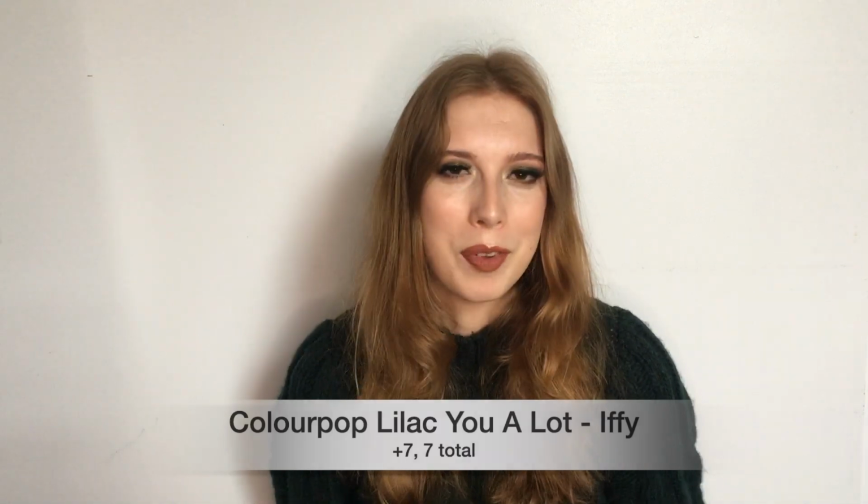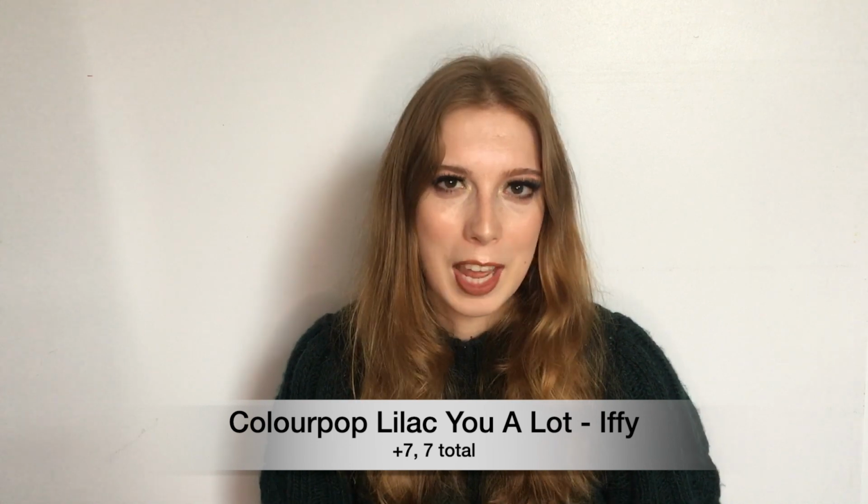And when I rolled this one in, this was the shade that I was the most apprehensive about. I don't love blue-based purples like this on me. Sometimes they can work, sometimes they don't, but I've actually been having a lot of fun playing around with the shade and trying to figure out ways to make it work and ways that I enjoy wearing it. Is it an everyday shade for me? Probably not, but it has been really fun to incorporate. I have been really enjoying reaching into Iffy. I've used it 7 times since the last